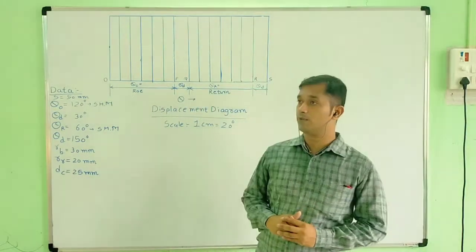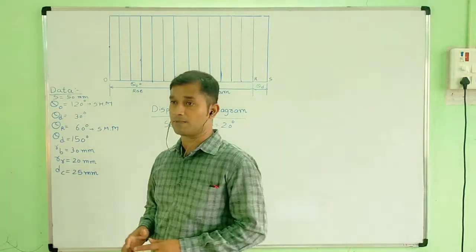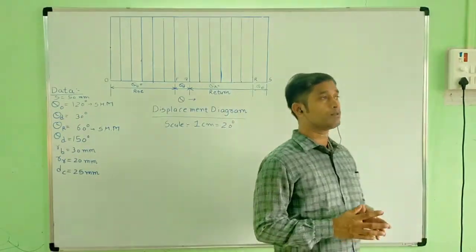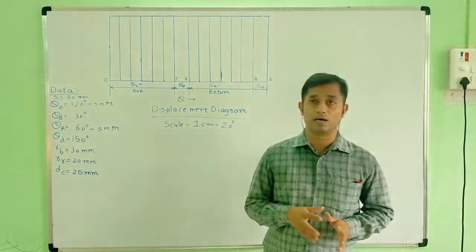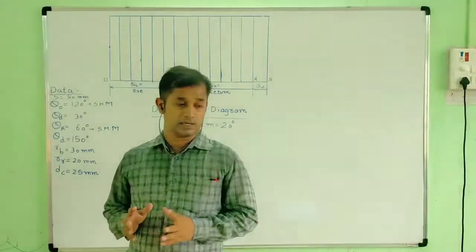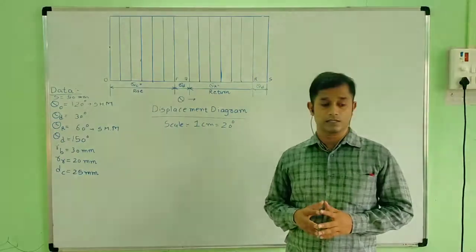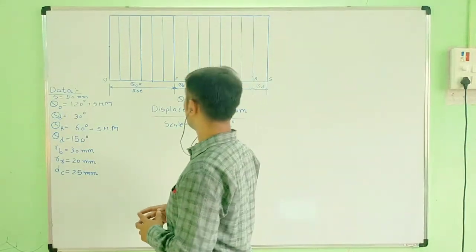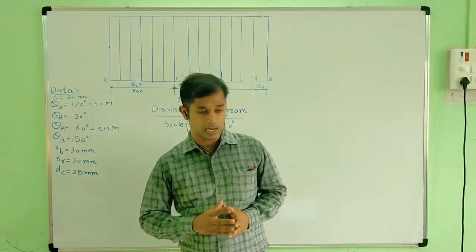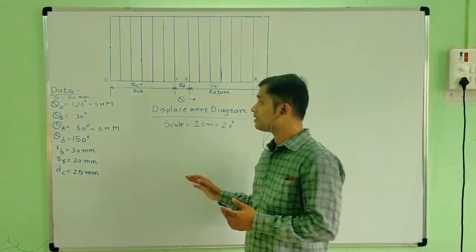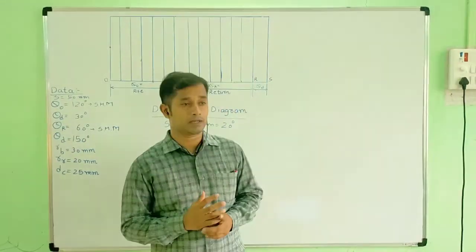The diameter of the roller is 20 mm. The diameter of the camshaft is 25 mm. Draw the profile of the cam when the line of stroke of the valve rod is passing through the axis of the camshaft. The displacement of the valve while being raised and lowered is to take place with simple harmonic motion. Okay, so it means this is the problem of an IC engine, operating the inlet and exhaust valve.